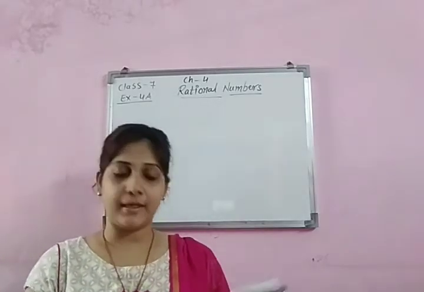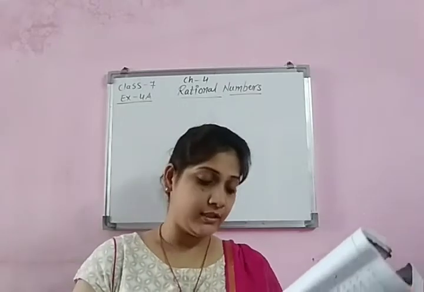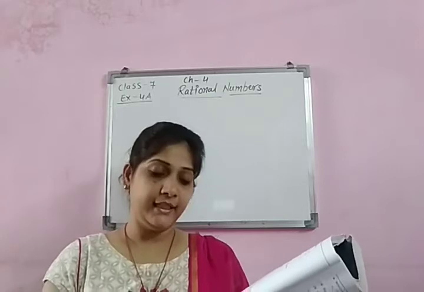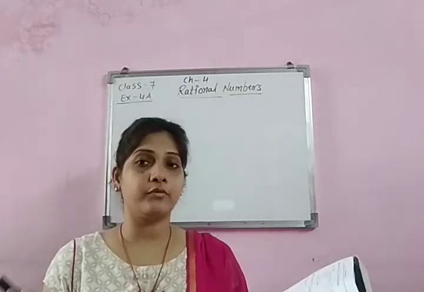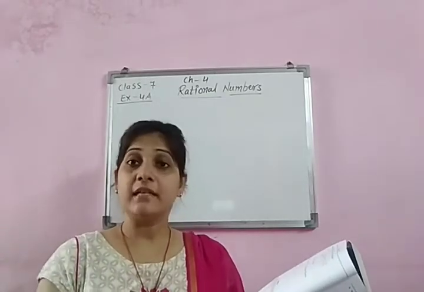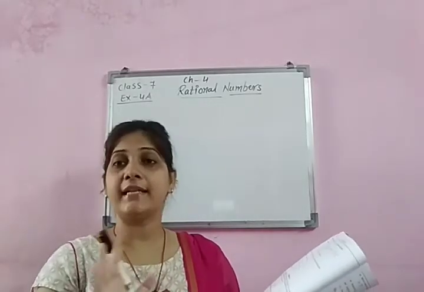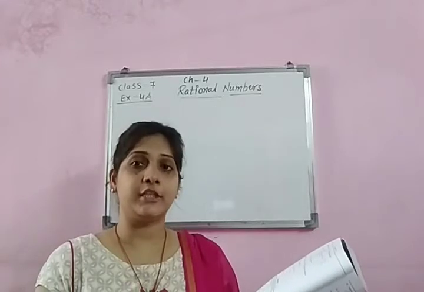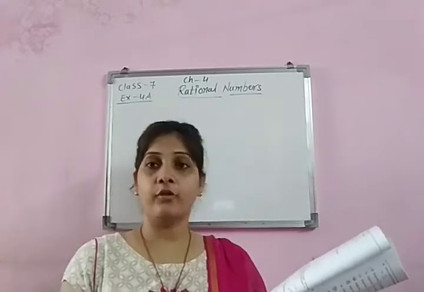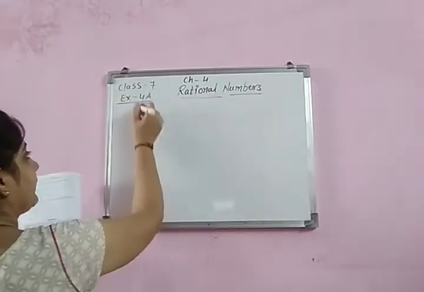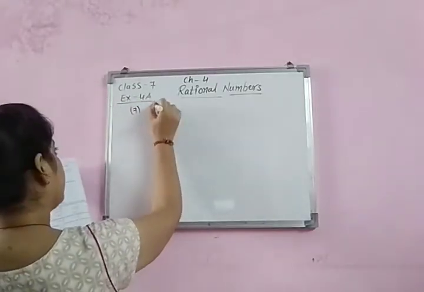So first, children, I am telling you question number 7, in which it is saying: find 4 rational numbers equivalent to each of the following. It means one rational number is given to us and we have to find 4 more rational numbers. So how do we find that? Look at this third part,